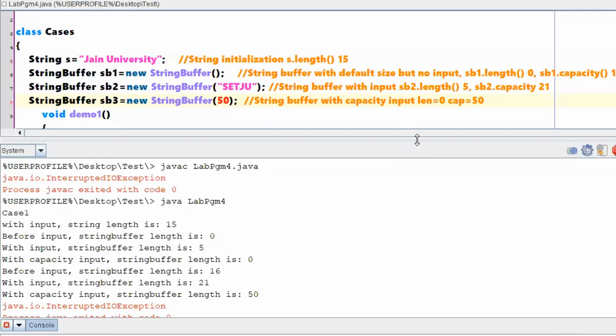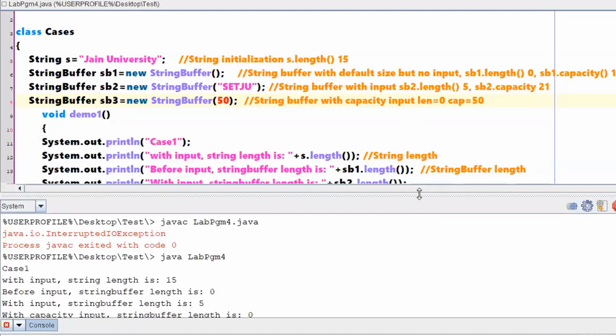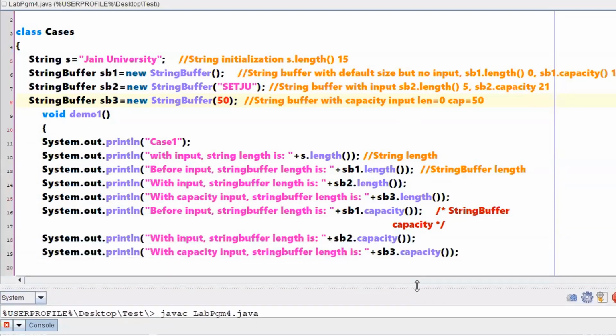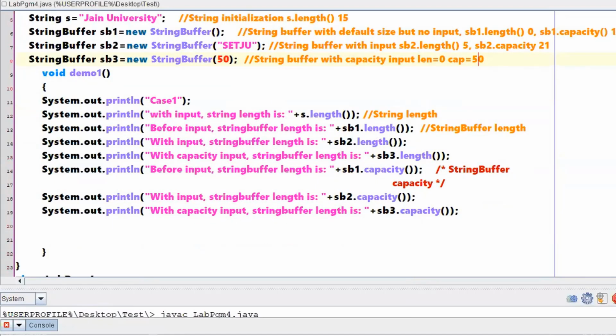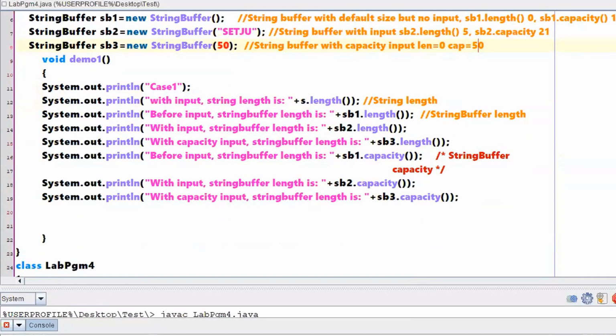Okay, if you still have confusions, when I share the recording, you go through it. There I have clearly mentioned the different constructors of a StringBuffer, and explained what is capacity and what is length. So this is with respect to option number 1 of the lab program. So what is option number 2?